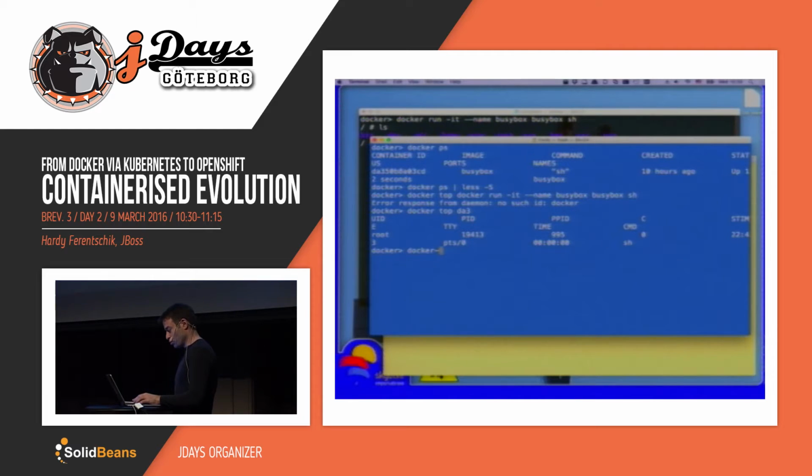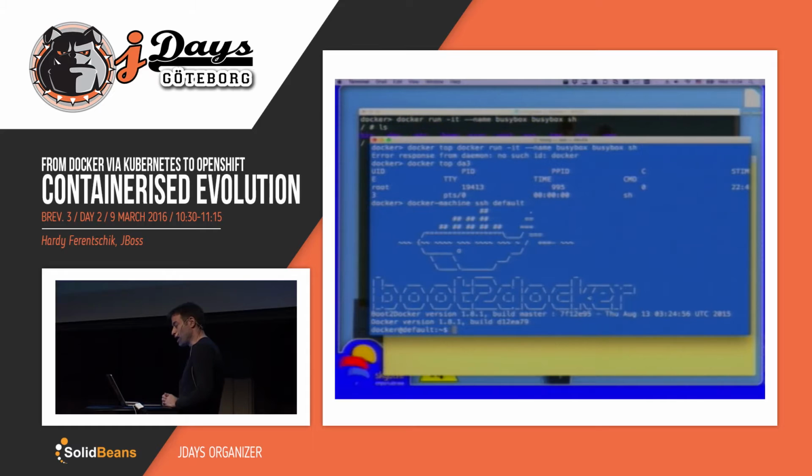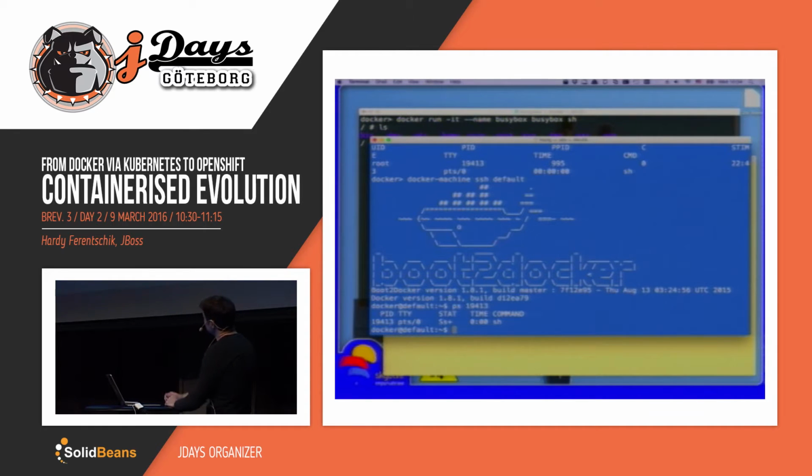If I now go onto the machine running my Docker daemon. In this case, since I'm running OS X, or if you're using Linux, you cannot use Docker on the machine itself. You need VirtualBox which runs Docker. I guess every one of you knows that as well. So Docker provides this toolset called Docker Machine, which allows you to use Docker where the Docker daemon runs in a virtual machine, and via the command line tool you interact with this daemon. So what I'm doing now is logging into this virtual machine, which actually runs my Docker daemon, and I do a ps on this PID, and that's my PID.